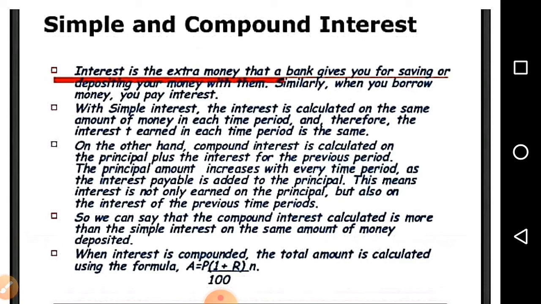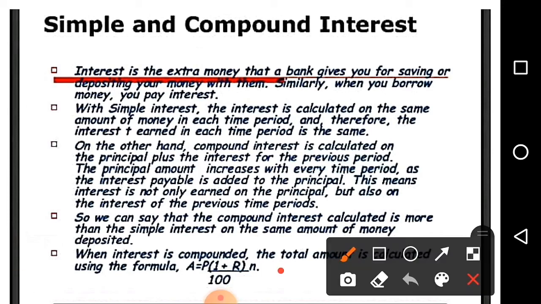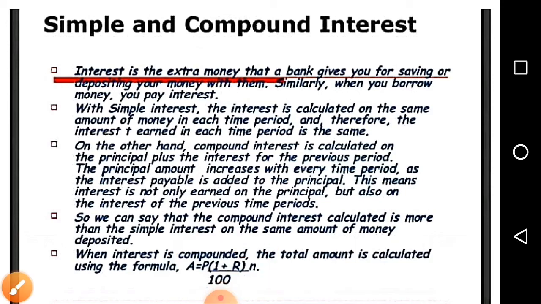So this is the formula that we will find out. We have to find out the amount. The formula is amount equal to P into bracket 1 plus R upon 100, whole raised to n. P means principal, R means rate of interest, how much rate of interest they are charging, 2%, 3%. N means number of years for which you have borrowed the money. So this is the formula for calculating the amount.